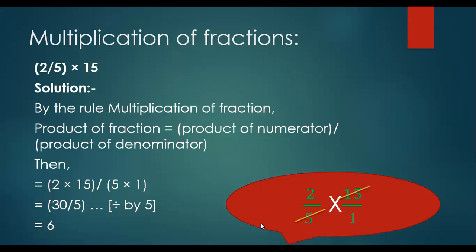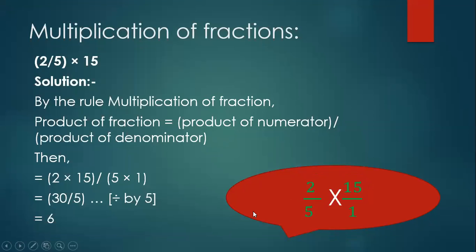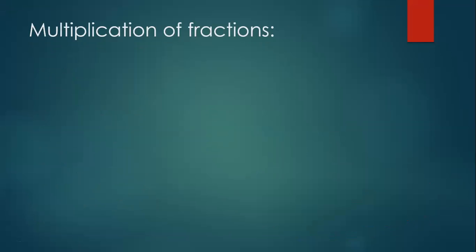Okay. So children, you can see that in 5's table, 5 comes 1 times and 15 comes 3 times. Here what we get, 2 multiplied by 3 in the numerator, which is 6, and 1 multiplied by 1 in the denominator, which is 1. So the answer is 6. All right. Let's take a few more examples to understand how these things work. I know the cancellation might sound a bit difficult to you, but trust me, the more you practice, the easier it's going to become for you all.